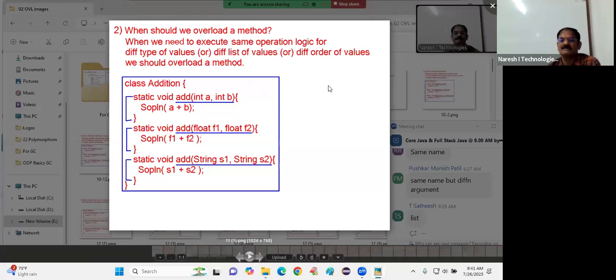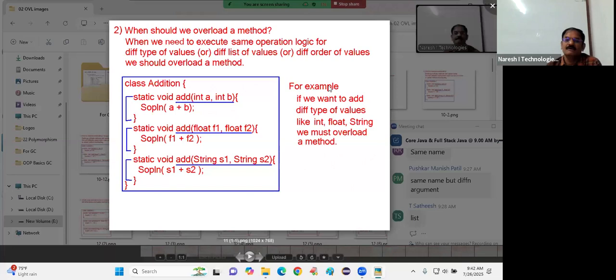By parameters. Excellent. By parameters or by arguments? Parameter means int A, int B. Calling time parameter will not be there. Who will be there? Argument. Now,